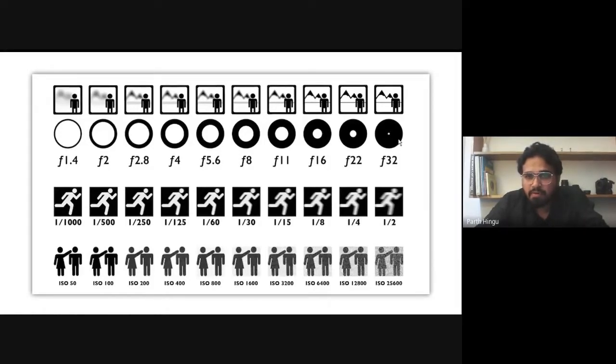And at f32, the hole will be very small, and you can get everything in focus. So when shooting landscape or architectural photography, you can increase your f-number. It's the same thing with the shutter speed: as you decrease it, the image will become very blurry.